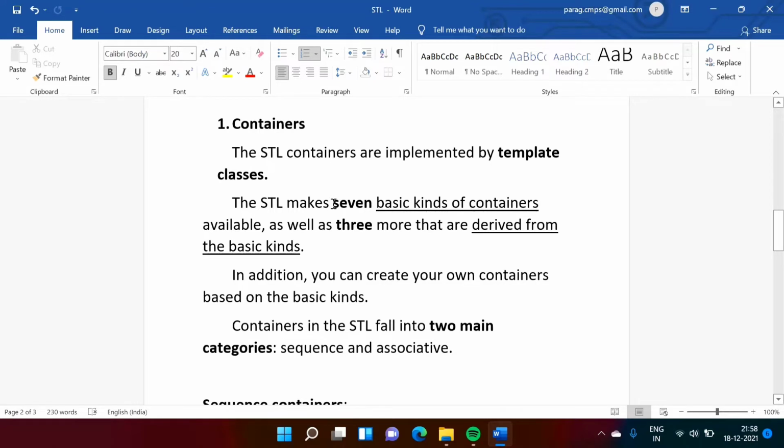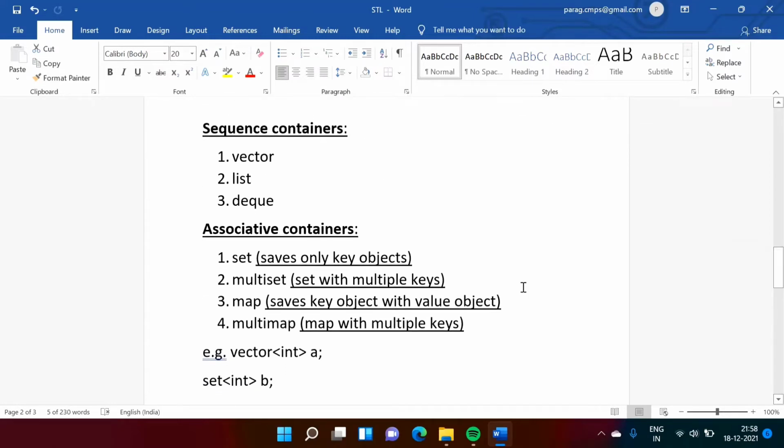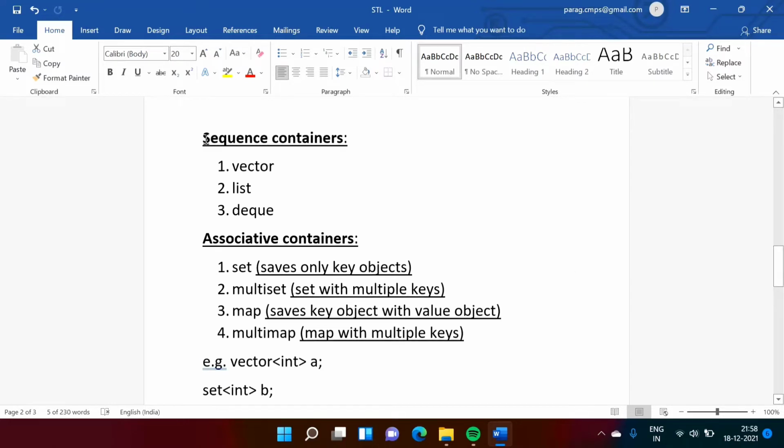There are 7 basic kinds of containers. Here you can see, these are the 7 containers. Out of these 7 containers, 3 are sequence containers and 4 are associative containers.